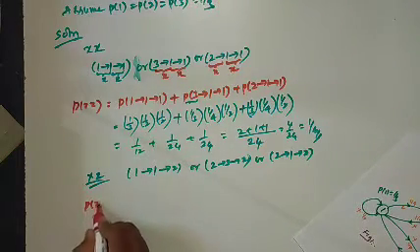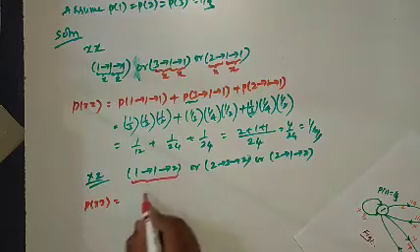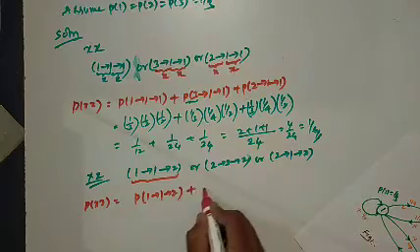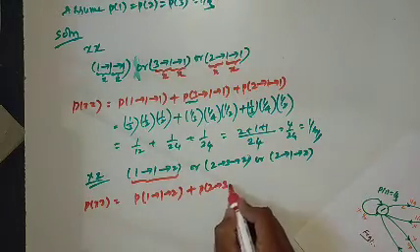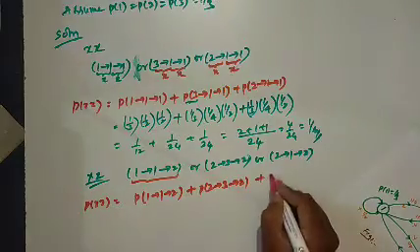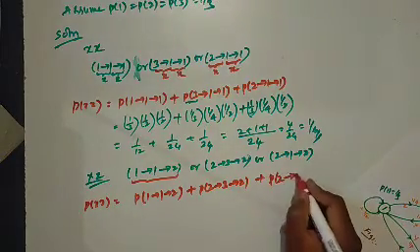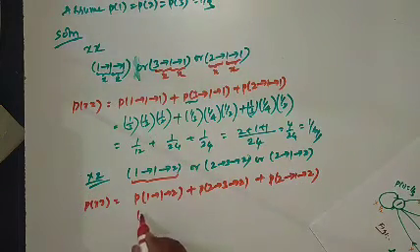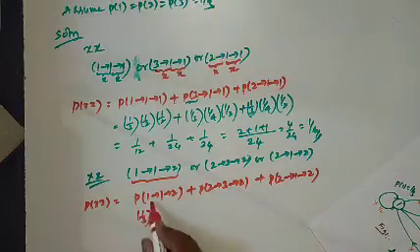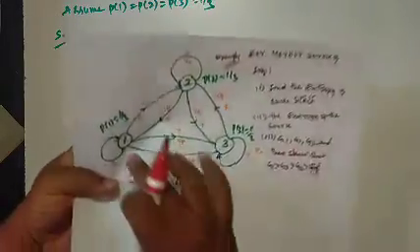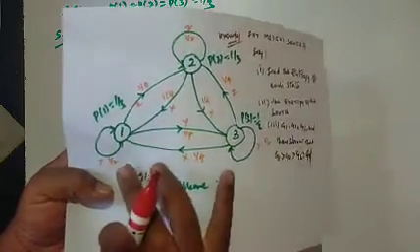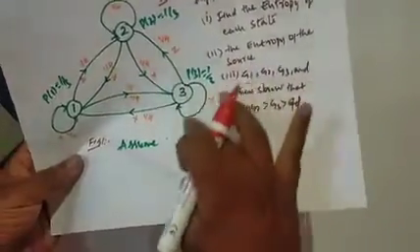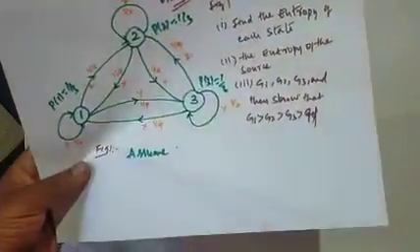Probability of XZ can be written as this: probability of 1, 1 to 1 and 1 to 2, plus probability of 2, 2 to 3 and 3 to 2, plus the probability of 2, 2 to 1 and 1 to 2. Okay, this is the path. So probability of 1 is 1 by 3. See in this diagram, for the same state only we got 1 by 2. See 2 to 2 itself we got 1 by 2, and 3 to 3 1 by 2. Other than all are 1 by 4.